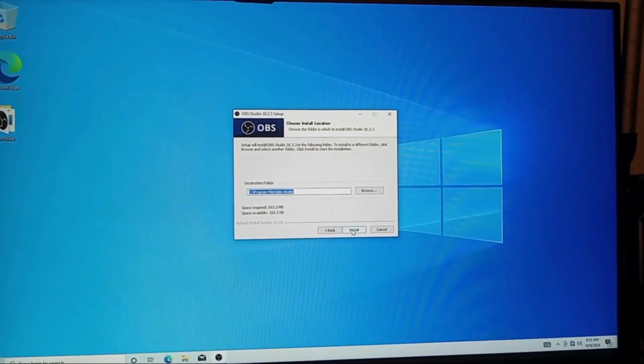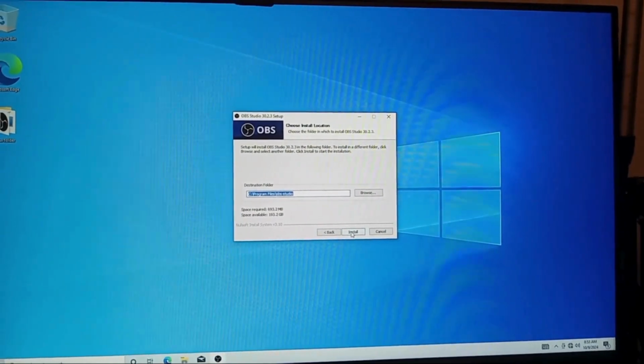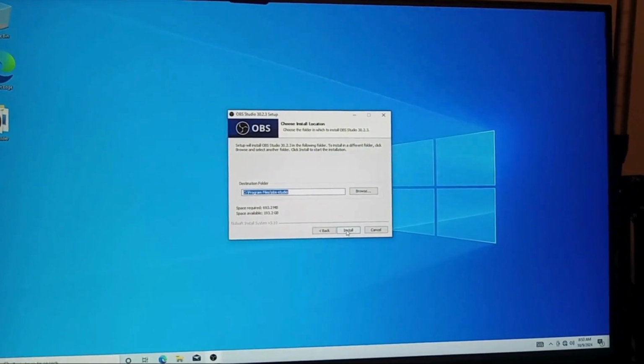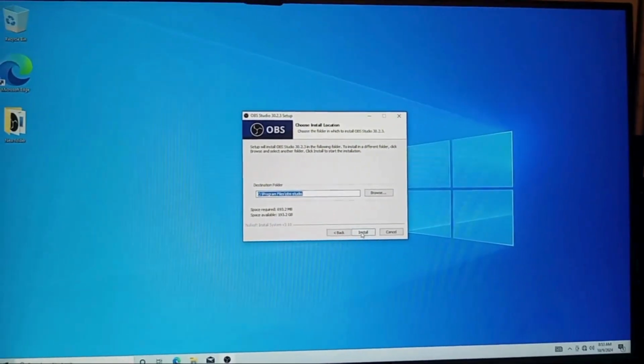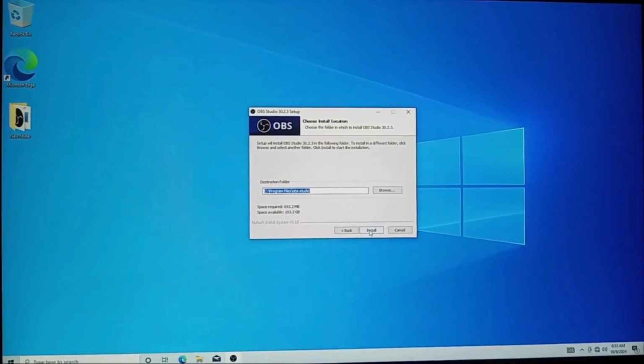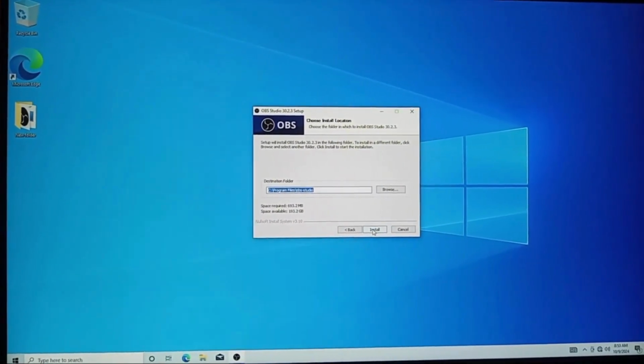Now down here it's telling us the space required, 693.2 MB. Of course we have the space, but it tells you what will be needed. Then you click install,